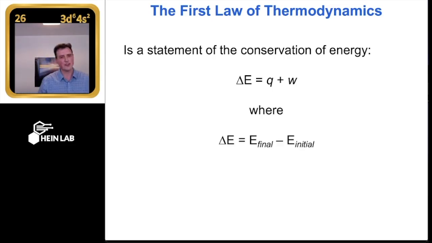Now, the first law of thermodynamics is the statement of conservation of energy. We're saying that the delta E for any system is going to be equal to the Q plus the W, the heat plus the work. So what we're saying is, remember, first thing we said, all the energy in the universe, none of it goes away, none of it's destroyed. If it starts in the system and it leaves, it must go to the surroundings. If it starts in the surroundings and comes in, then it means it's leaving the surroundings, coming into the system. But the difference is something we can measure.